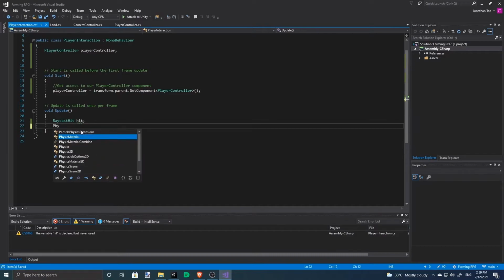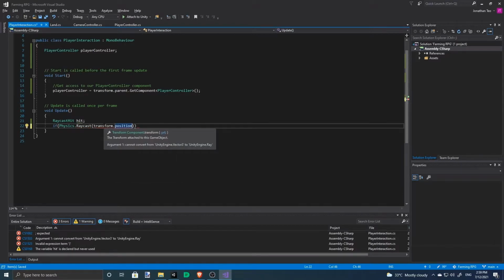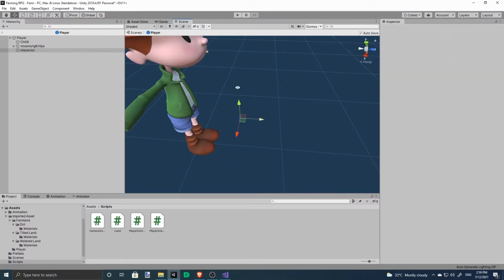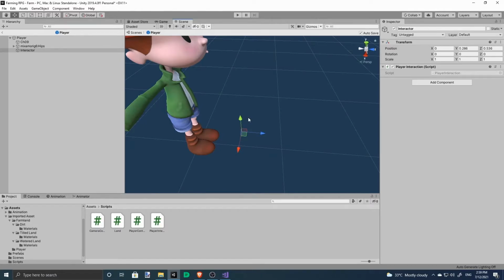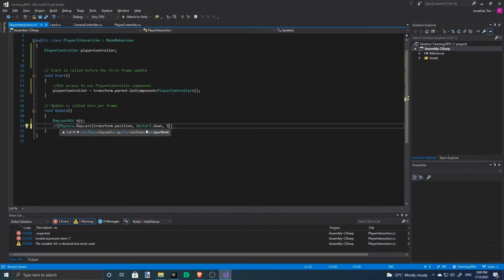And our physics. If physics dot raycast, transform dot position. So it starts with our player's position, and we want the ray to go directly downwards like this. So ray dot down. Max distance should be about 1.